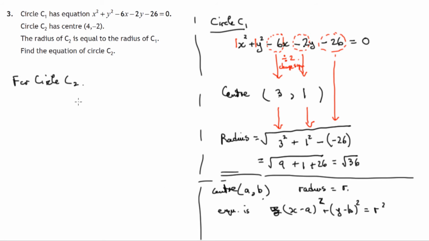So let's apply that to circle C2. Do we know its centre? Yes, we do. The centre, we're told, is (4, -2). Do we know its radius? Yes, we do. We're told its radius is equal to the radius of circle 1, which we've worked out as root 36. So the required equation is,